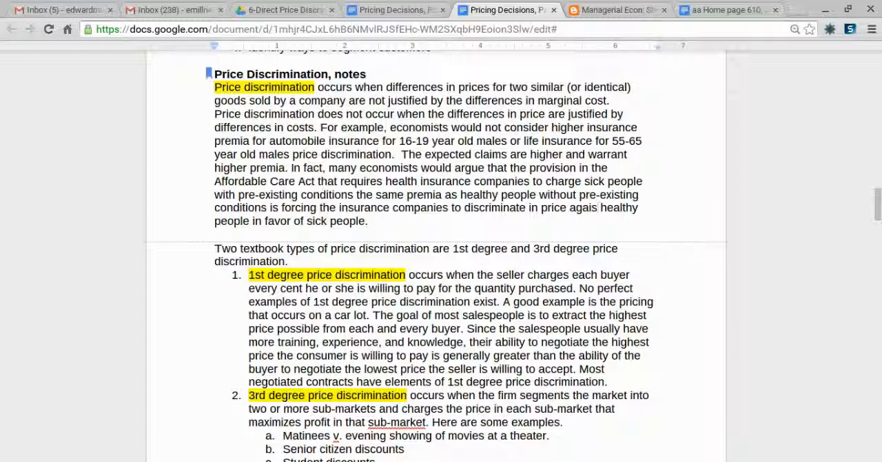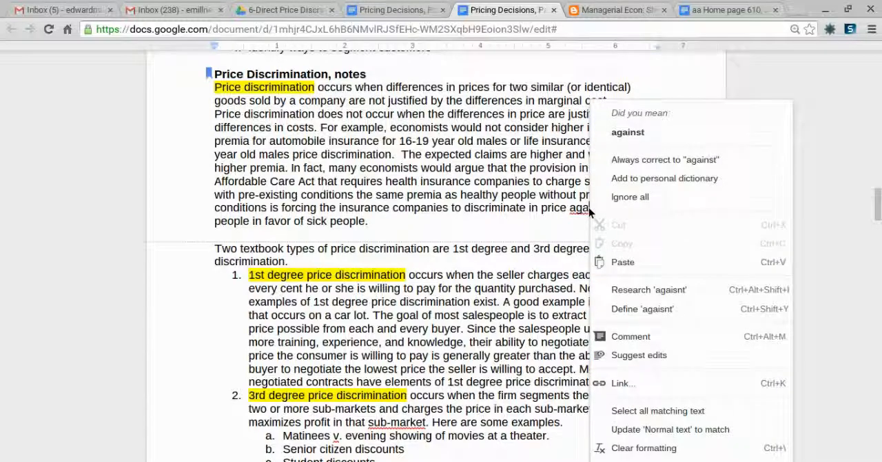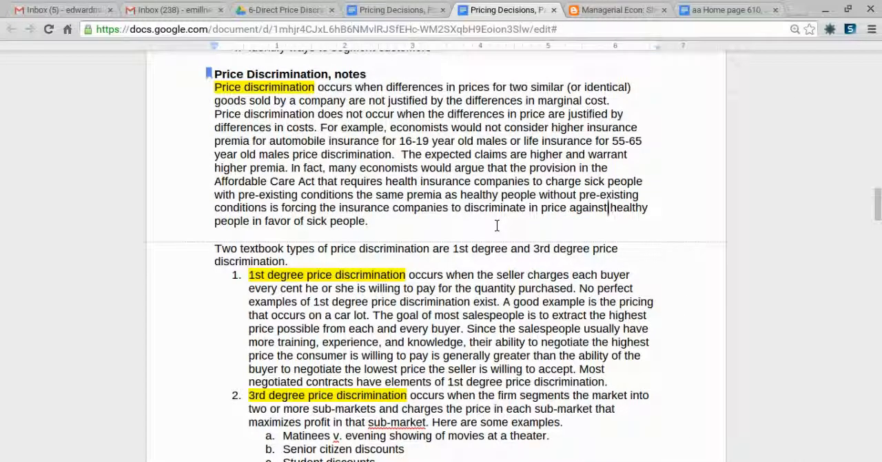Two textbook types of price discrimination are first-degree price discrimination and third-degree price discrimination. First-degree price discrimination occurs when the seller charges each buyer every cent he or she is willing to pay for the quantity purchased. No perfect examples of first-degree